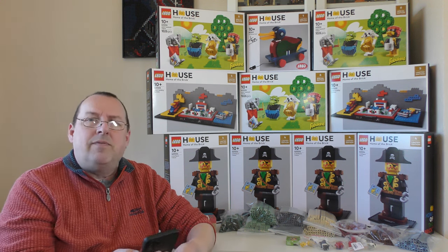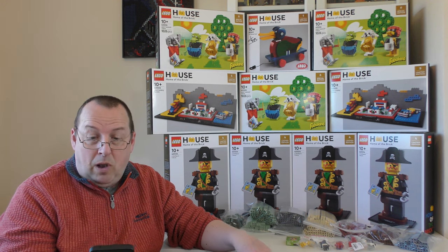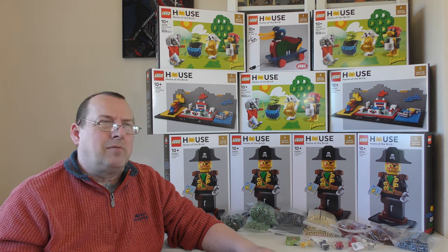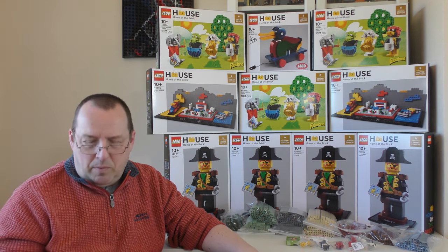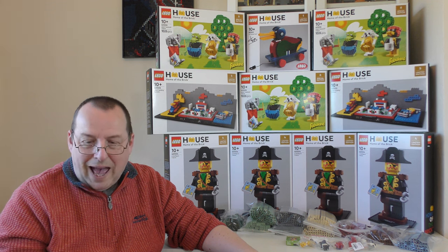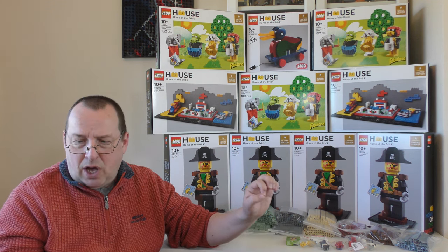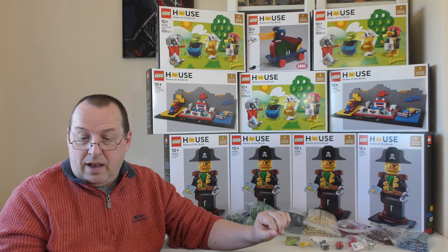They were quite expensive. They were 170 kroner per large box, which basically worked out at just under £20. Now I think in the UK, is it £17.99 at the moment? Maybe, I can't remember what the price is. It's a while since I bought Pick-a-Brick, but certainly it worked out a little bit more expensive than the UK would be. However, when I did buy all of this, I think my total spend, if I hadn't got any discounts, would have been